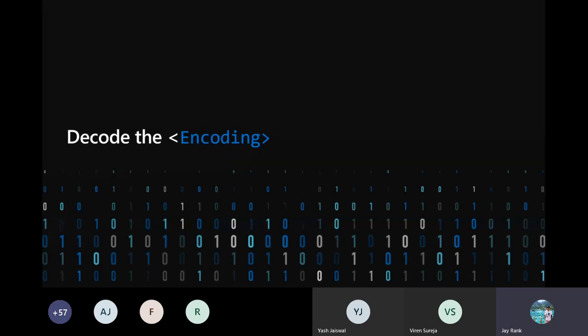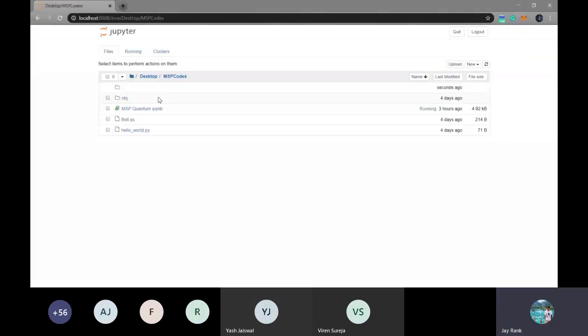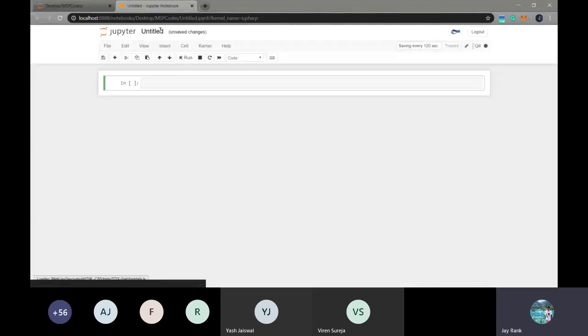And let me project. Okay, so let me just create a new file, a Q# file basically. Let's write our first hello world program.